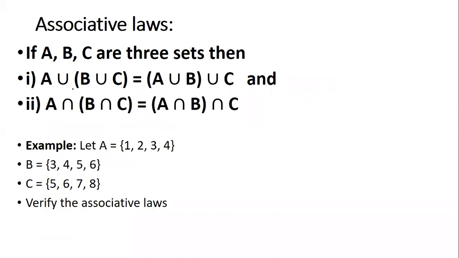Okay. Next is associative law. Here, A union B union C. Associative law will have 3 sets. Association law or associative law, you can go with both. So A union (B union C), where we have brackets for B union C, equals (A union B) union C, where we have brackets for A union B. Similarly for intersection, A intersection (B intersection C), brackets for B intersection C, is equal to (A intersection B) intersection C, which has brackets for A intersection B.